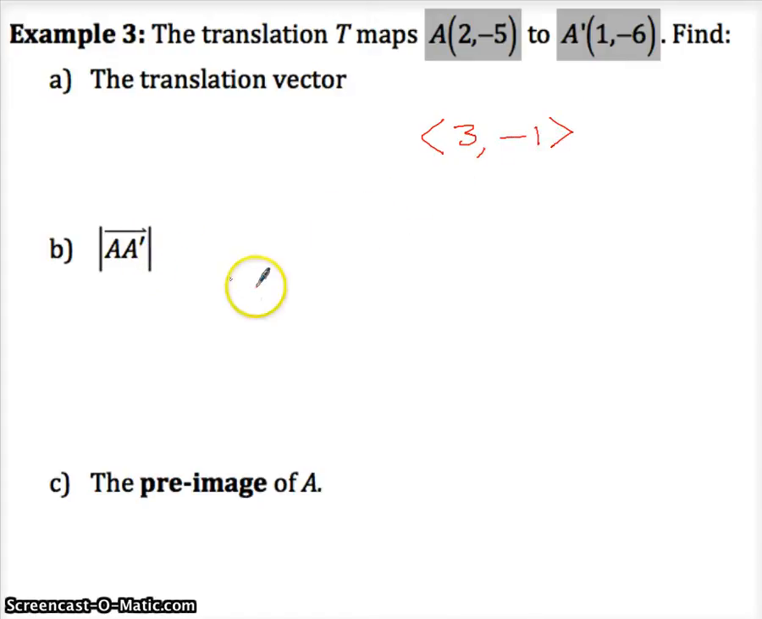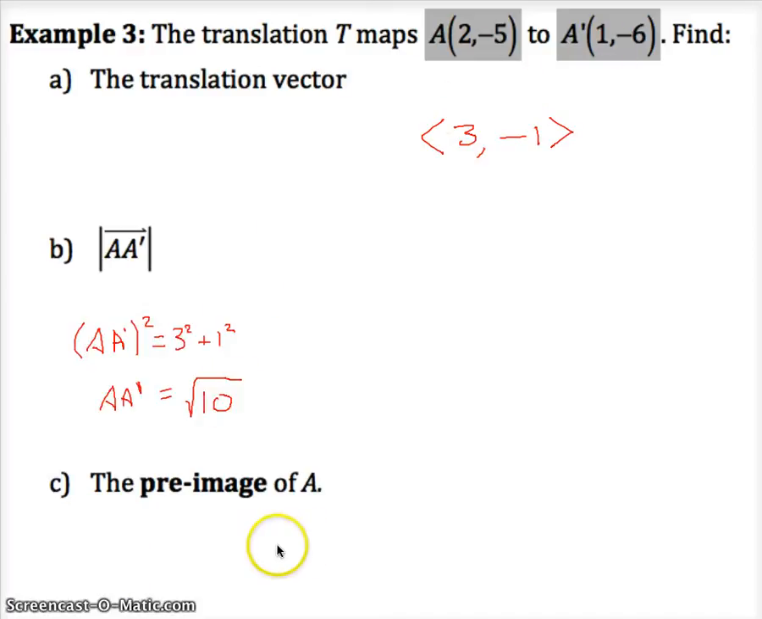Find the distance from A to A prime. Well, that's just the distance between these 2 points. I'll pause for that. And I get the square root of 10. Now, the preimage of A. What would we have had to start with to get to A after this vector? I'd have to fill in these boxes, and I get -1, -4. Try it. Sorry that was rushed. I got in just in